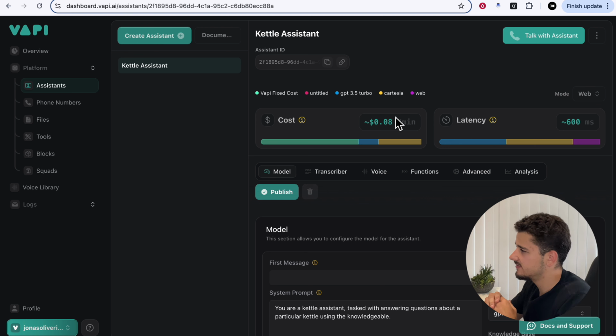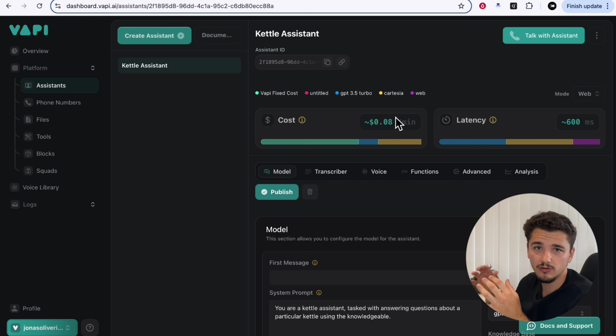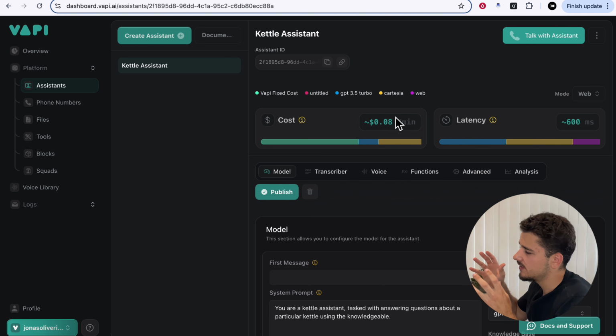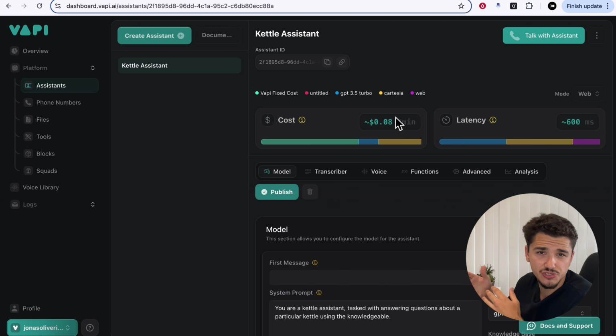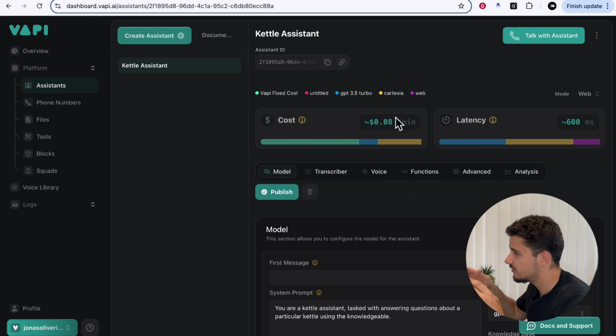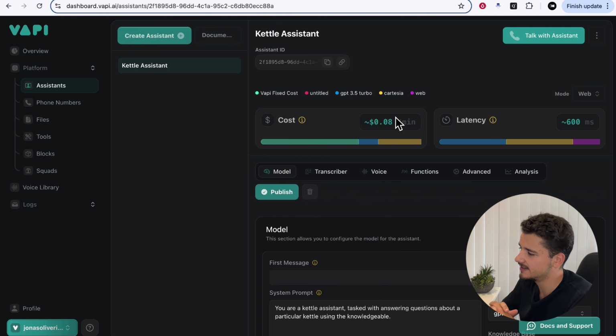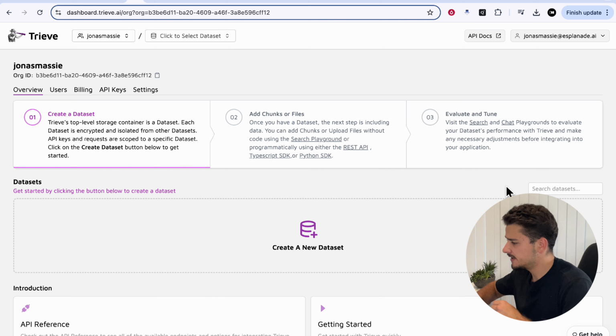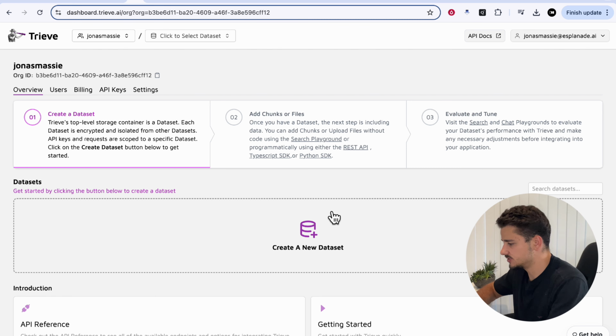As I suggest, this does give you a bit more control over your data set, but we're also able to employ some custom chunking rules, as well as website crawling and search testing and a bunch of other features that you can't do if you were to integrate directly. We'll get into how to set that up now, starting with heading over to Trieve. Of course, you'll create an account, but when you're in the dashboard, we have the option here to create a